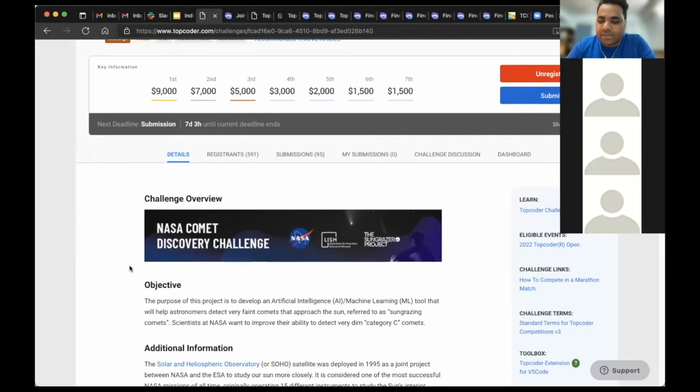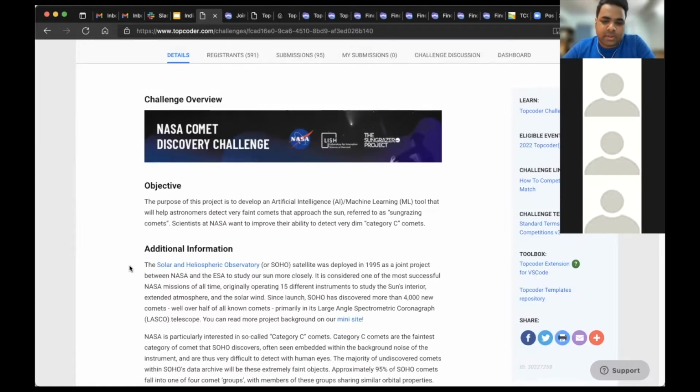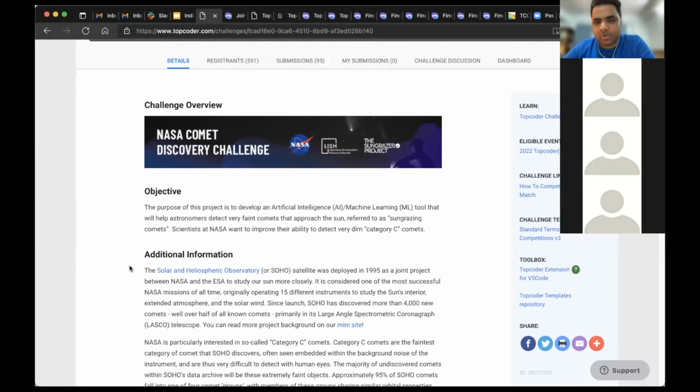So then we employ machine learning skills and computer vision skills to actually detect moving objects in the corona. And most of the time those things are comets. So basically the whole premise of this challenge is that we need to help build a model that can discover those. And the unique thing about this challenge is that